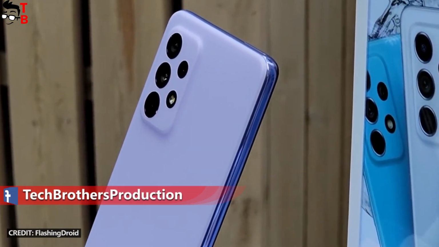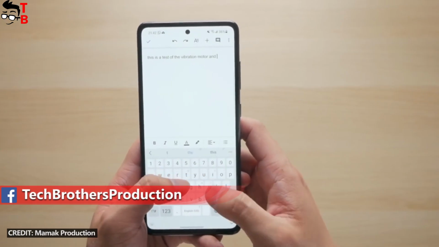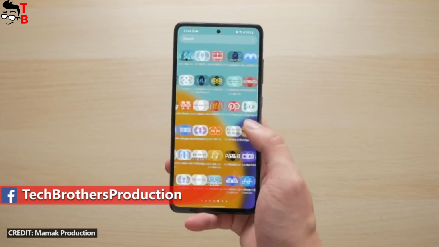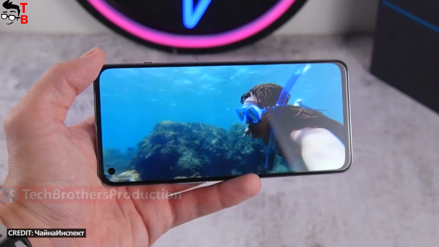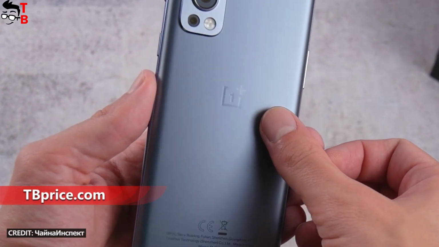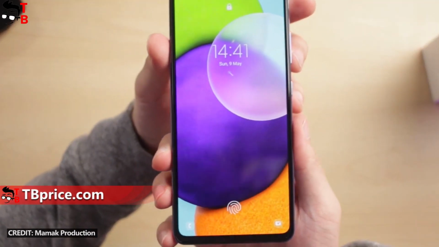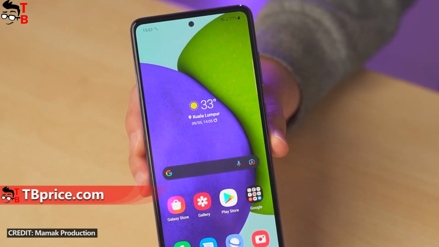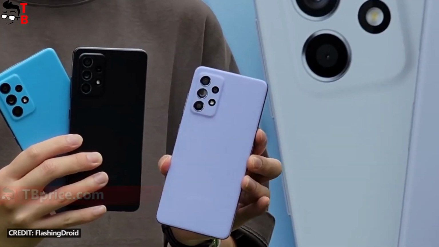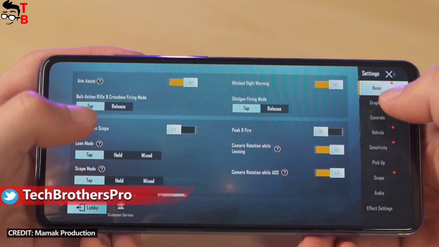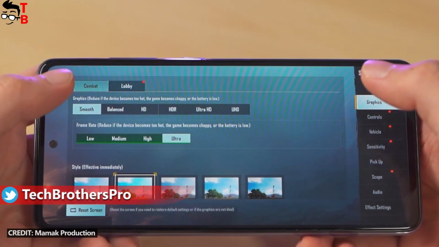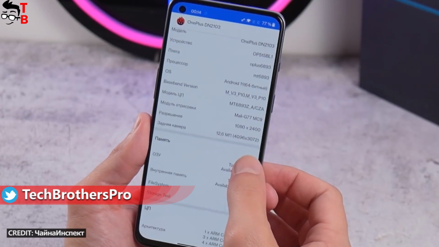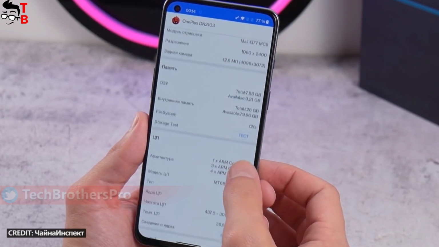As you can see, the new OnePlus and Samsung devices received 3 points each. However, it doesn't mean that the smartphones are the same, they are very different. From one side, Samsung Galaxy A52 5G has water resistance, a 120Hz display, and a quad camera with a 64 megapixels main sensor. However, OnePlus Nord 2 5G has much better performance and much faster charging. Also, the Chinese smartphone is cheaper.